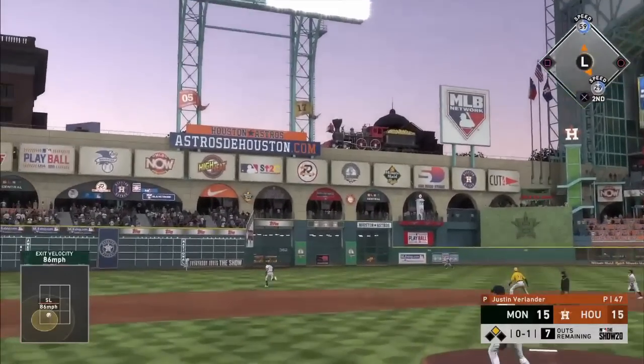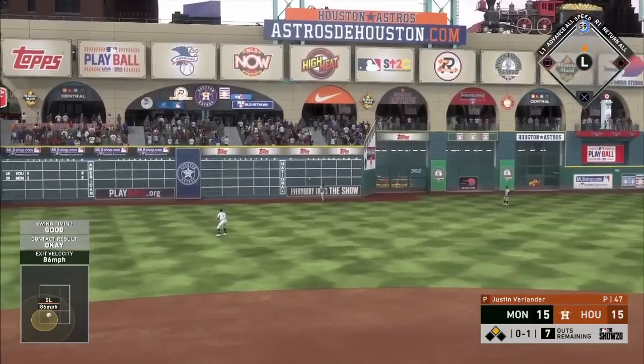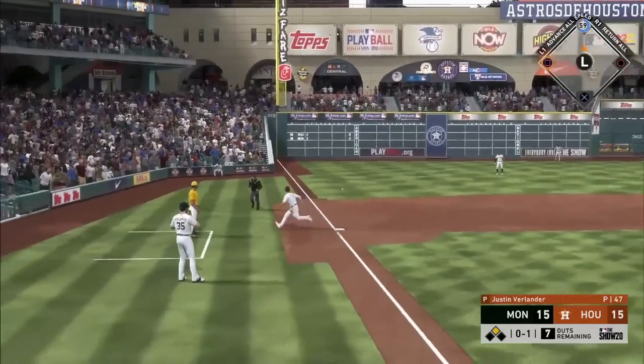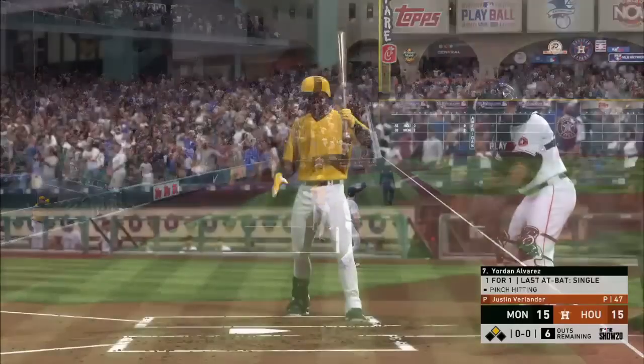The deep to left center field. Looks like someone needs to hit the weight room. 6 outs remaining, and they have just